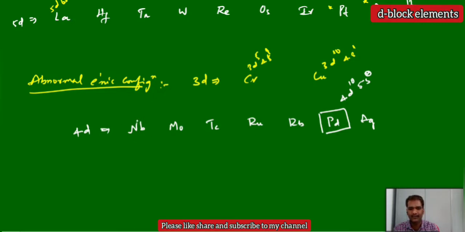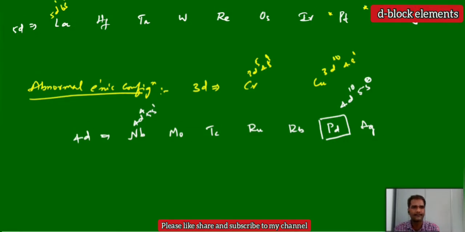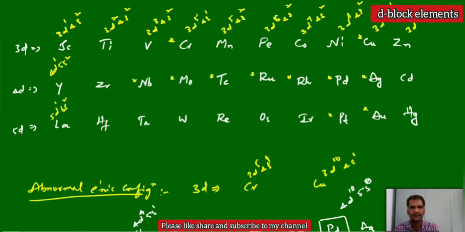Then how to write the niobium electronic configuration? Quite below there is the vanadium configuration. If you remember it, you can write it. What is the vanadium configuration? That is 3d3 4s2. So here you can write 4d3, but we have to take one electron from the s orbital. We have the 4d4 5s1 configuration. Just like this, for niobium it is 4d3, but one electron will shift here and you get 4d4 5s1, a little abnormal configuration.